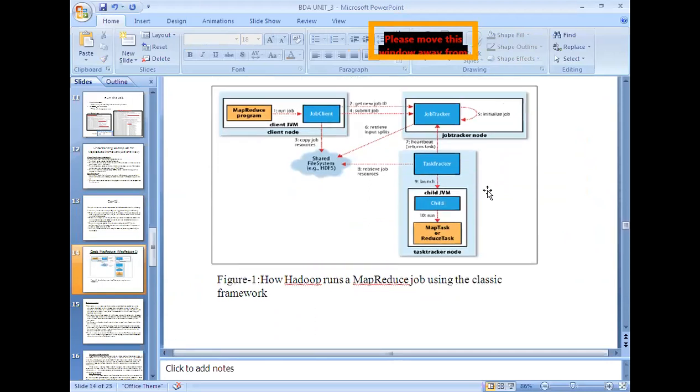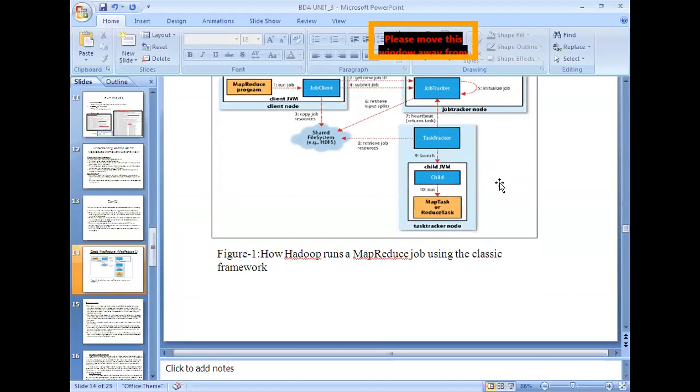Right? So up to now we have seen four points. One is runJob, get new job ID, and initialize the job, in the sense of setting the output path, setting the input splits, copying the contents of the jar files into the job tracker's file system, and passing the information that I am ready. Okay, so those are the things that happened.